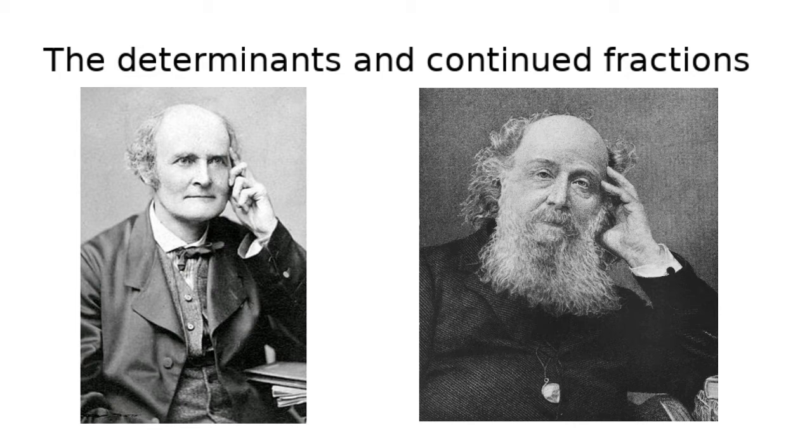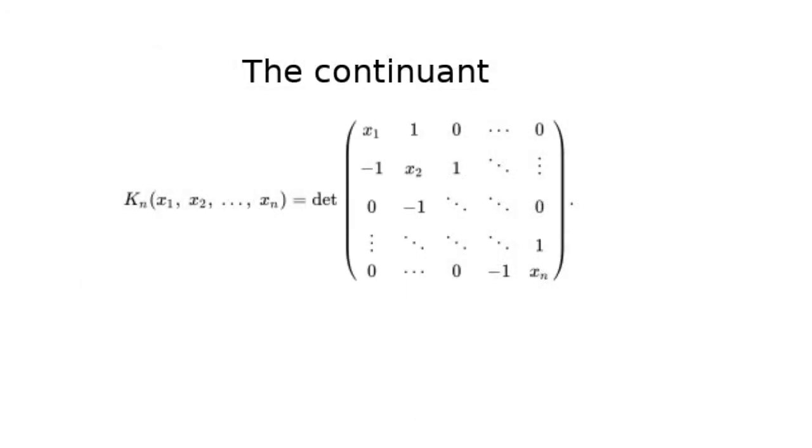They were big thinkers, as you can see, and they came up with this determinant idea, and there's a special determinant called the continuant that is actually a special form of the determinant. If you compute this, it has a rather cool connection with a lot of things. So if we explore some of the properties of this thing,